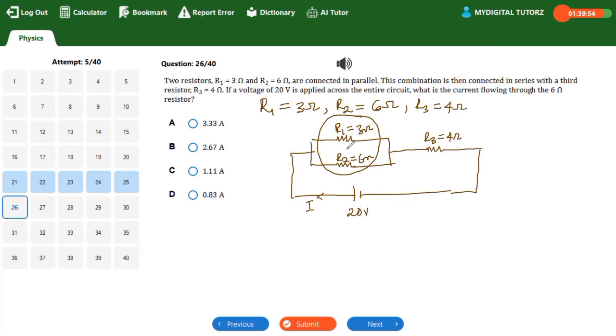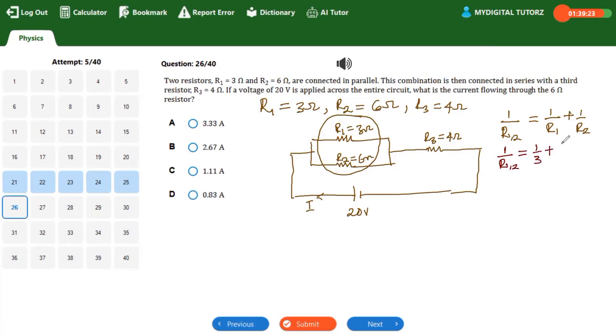Remember that when resistors are in parallel, we find the equivalent. So let the equivalent be R1,2. It's going to be 1 over R1,2 is equal to 1 over R1 plus 1 over R2. So here you have 1 over R1,2 is equal to 1 over 3, R1 being 3,